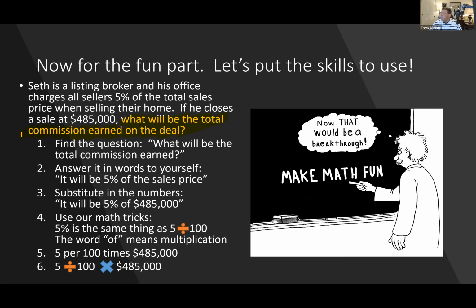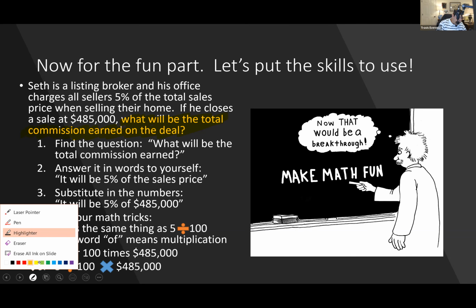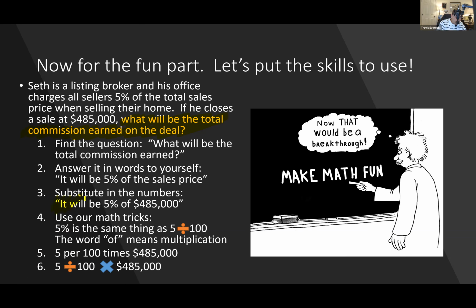Because now you're just going to substitute things in. 5% of the sales price quickly becomes 5% of $485,000. Because the sales price is $485,000. They told us that. And then we're not done with our math tricks. We know that 5% is the same thing as 5 divided by 100. And we know that the word of means multiplication. If we string all that together,